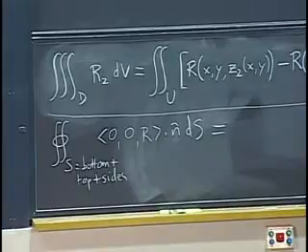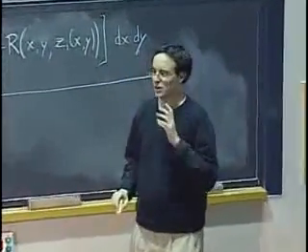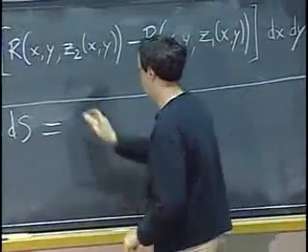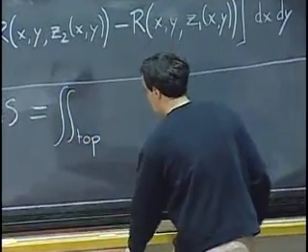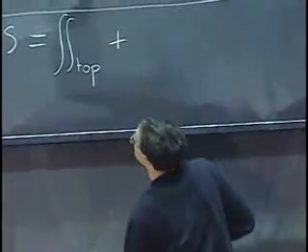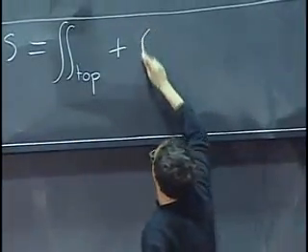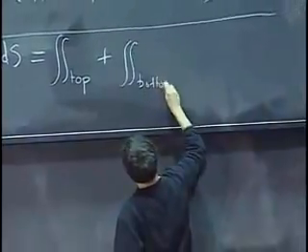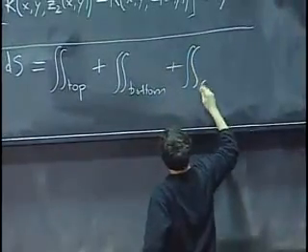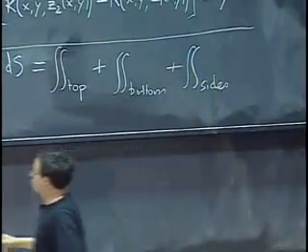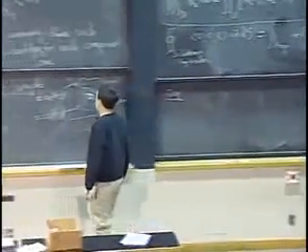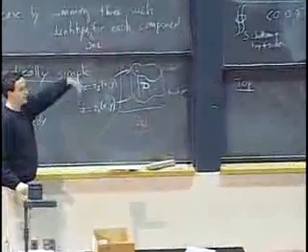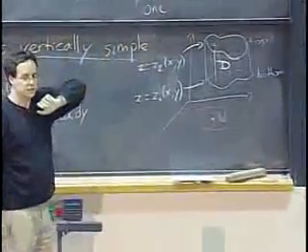First we have to look at the bottom. Now, let's start with the top, actually. Sorry. Let's do all of them. So let's look at the top first. We need to set up the flux integral for the vector field dot n dS. We need to know what n dS is.